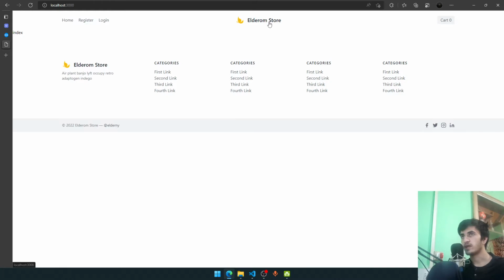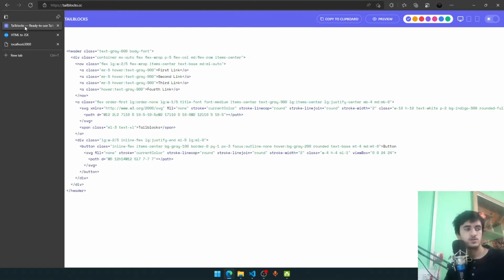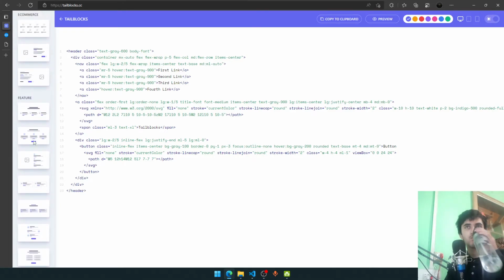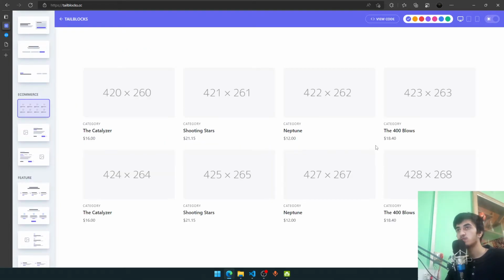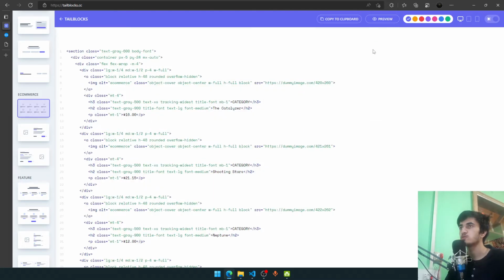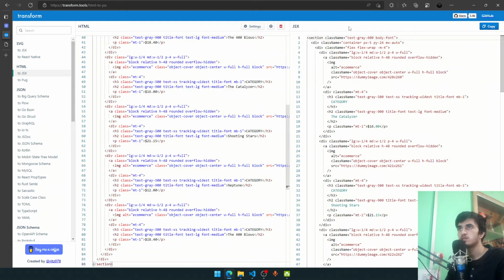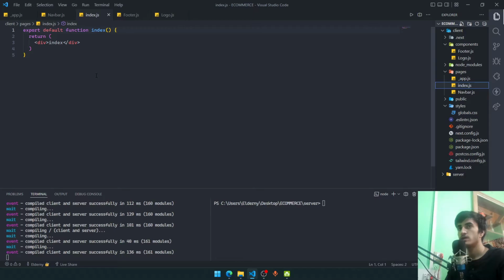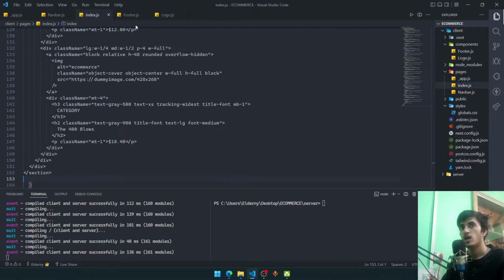So we have things like that, and that's a good thing. You can see we already set it up here. Now what we want to do is go to Tailblocks, go to e-commerce. Here we'll copy this one, looks pretty okay to me. Just copy this section, and I'm going to convert to JSX. So we'll copy the whole JSX. In the index of JavaScript, I'll paste every single thing,